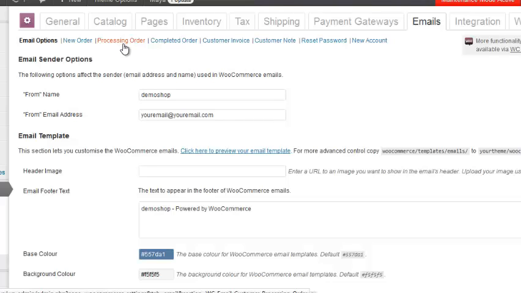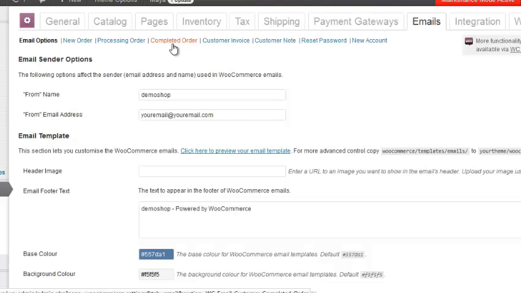And it's the same with a completed order. If, again, we're talking about a shippable good, once the product is paid for and it goes to processing, the customer gets an email saying that the order is being processed. Then you ship the product, and you go into your store under orders and say, all right, I completed that order. It was shipped today. And then they get another email saying, hey, your order is complete, or your order has been shipped. So those are what those emails are all about.